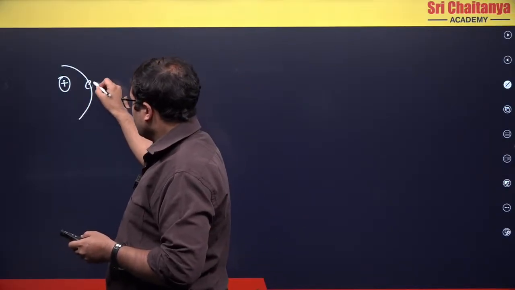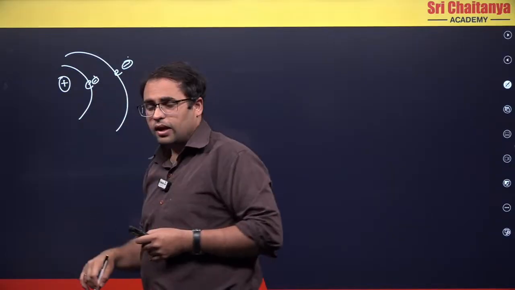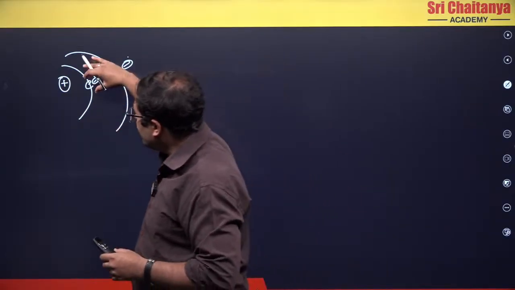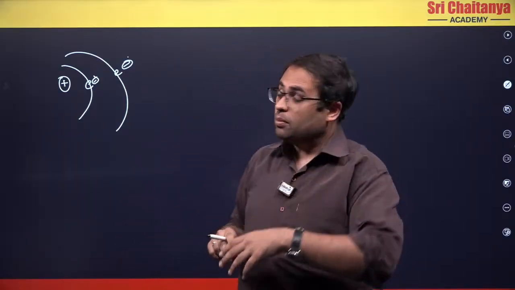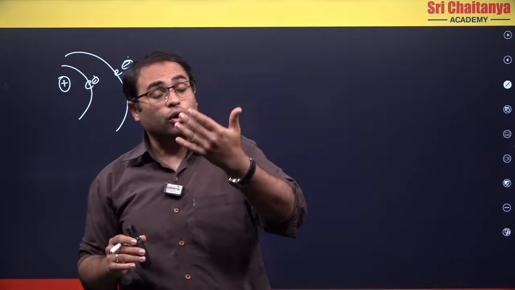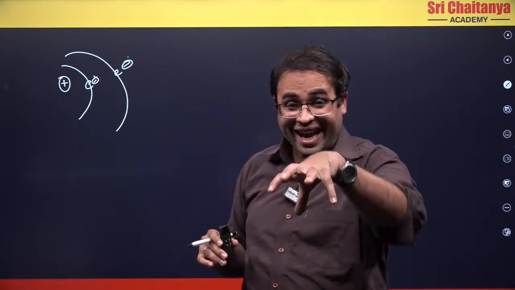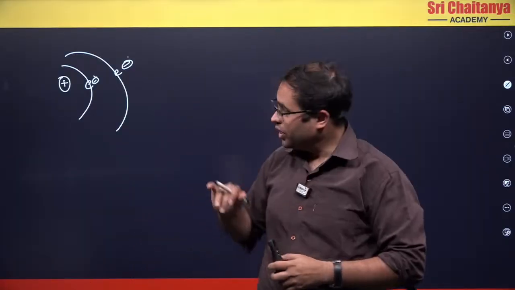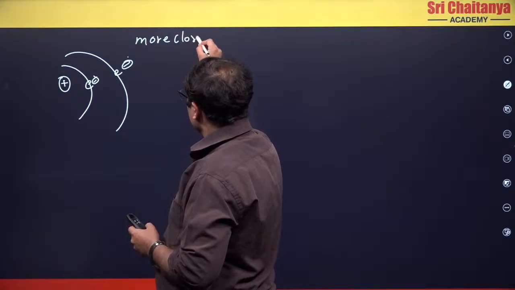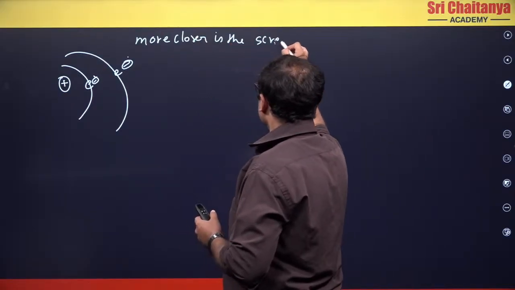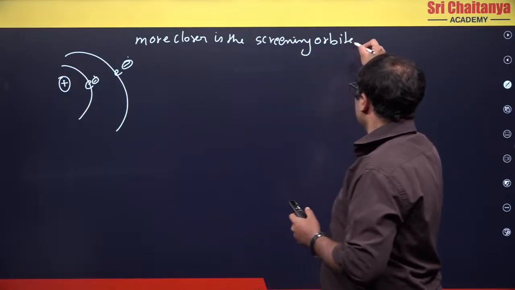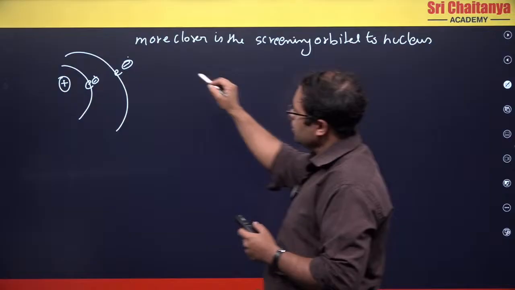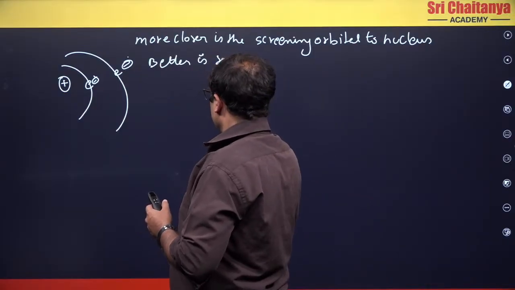Now, one more concept I would like to tell you: the screening electrons are soldiers which are protecting you from the enemy. The enemy is the nucleus. There are the screening electrons, and this is the outermost electron, right? The closer this electron is to the nucleus, the better it will be able to shield the outer electron. Understand this? The closer your army is to the enemy, the more easily it can protect you, right? So what I'm trying to say is, the closer the screening orbital is to the nucleus, the better is the screening,